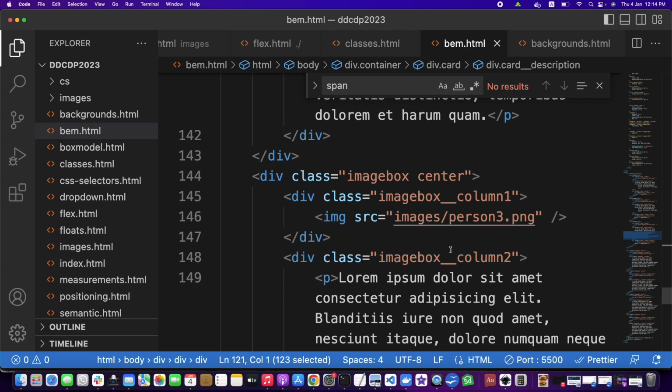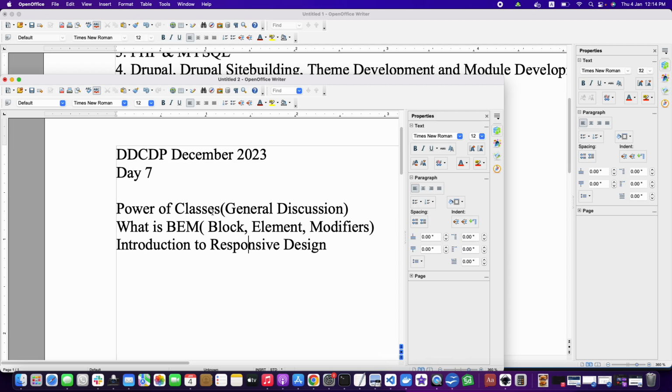So I hope the use of classes, which was one of the topics today, the power of classes and what is BEM, we have covered them. You can do further research for more details about them, so hopefully you will be in a better position than me doing it. Now we will move to responsive design,